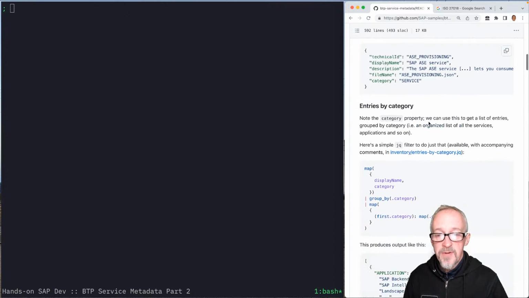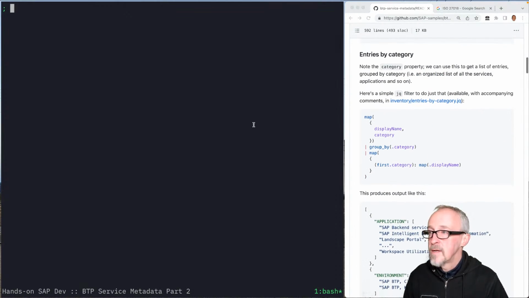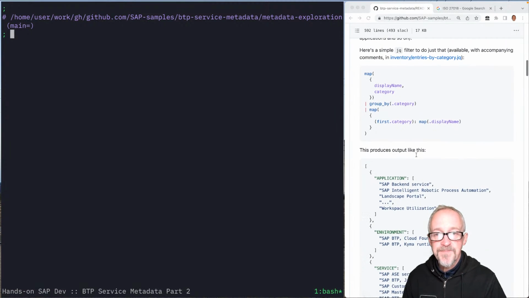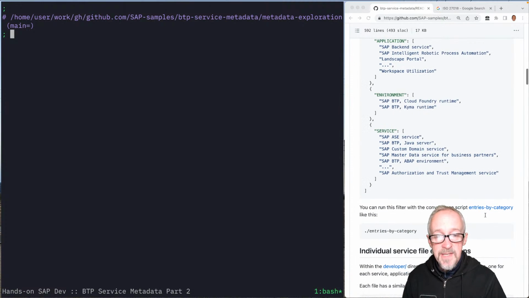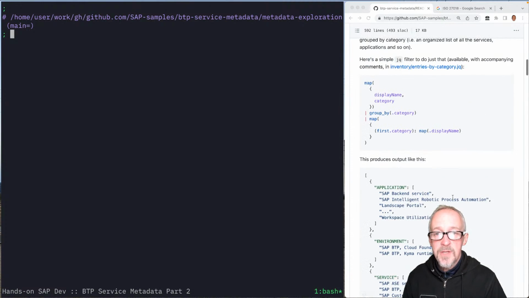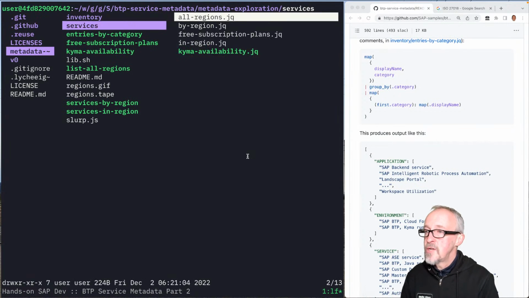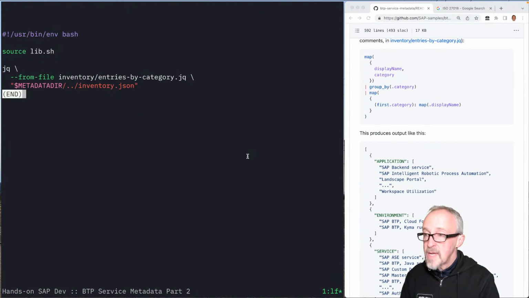So we've got the inventory exploration, and what we did, where are we here? We're in the metadata exploration. We run this little script, which is in entries by category. Let me just show you. I'm not going to just dive straight in. Let me have a look here. Entries by category. We can see here we've got